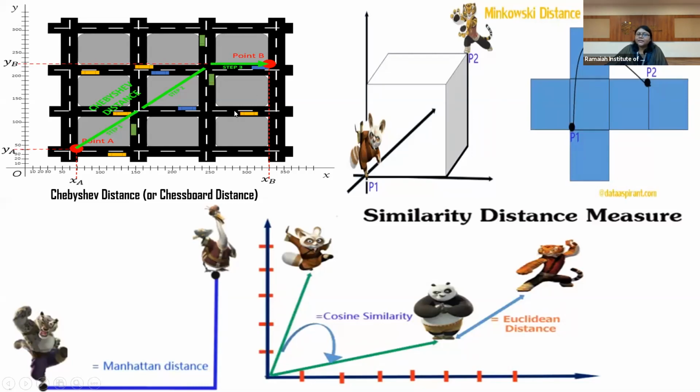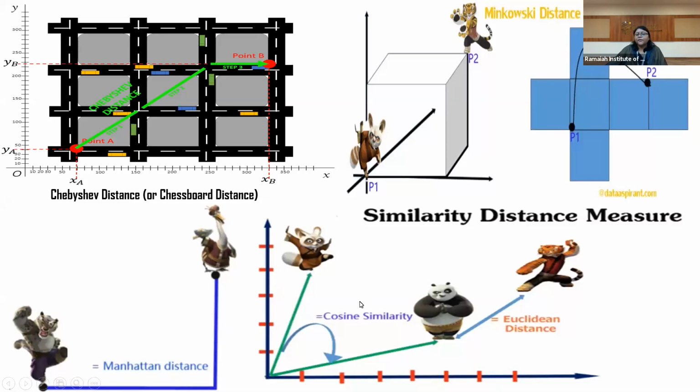So this is the way a king walks in a chessboard game. The same way this Chebyshev distance is also calculated. That means it can move only one step ahead. And this Minkowski distance is something which is considered in 3 dimensions, because all the things that we have discussed are in 2 dimensions. Now when it is a 3-dimensional distance, hope you see in this graph, there is a jump like this, because it considers the 3 coordinates.